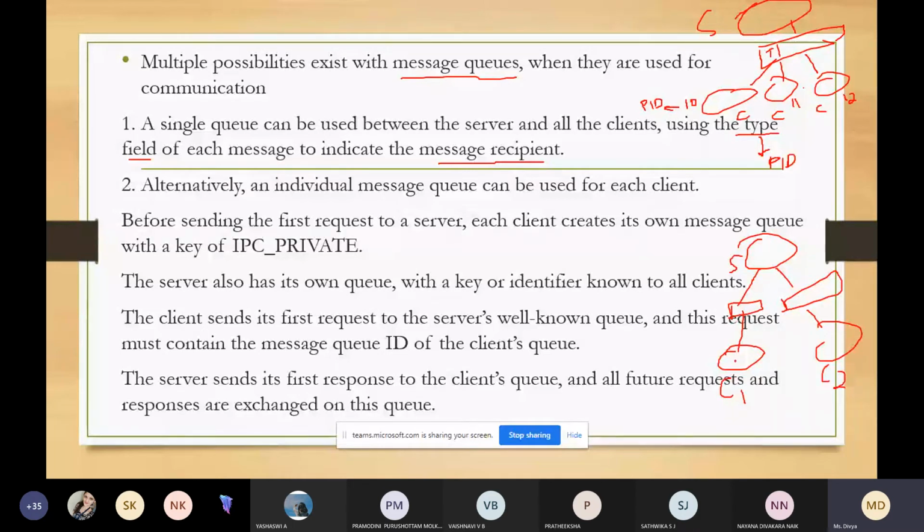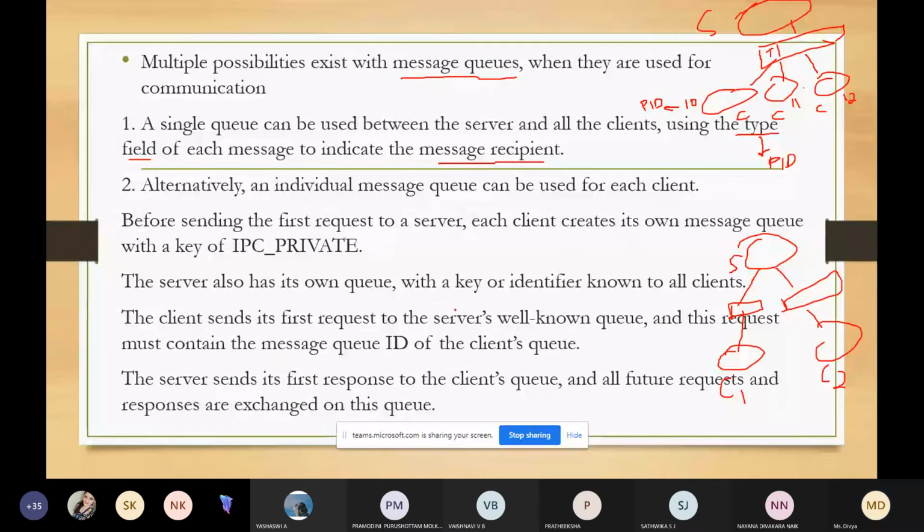This request must contain the message queue ID of the client queue. The server then sends its first response to the client queue, and all further requests and responses are exchanged only using this particular message queue. So that is what is explained here.